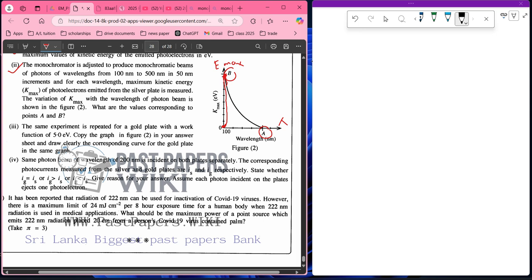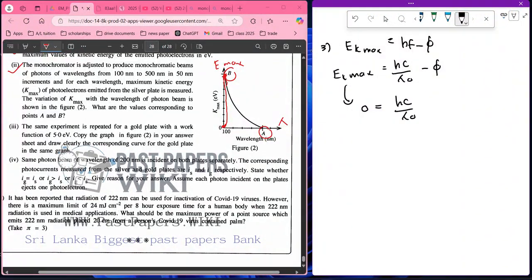Now for the third part we have Ek max equals hf minus psi, and then Ek max equals hc divided by lambda naught minus psi, and this becomes 0. Then again make lambda naught the subject as we did before, hc divided by psi, then 1240 eV nm,